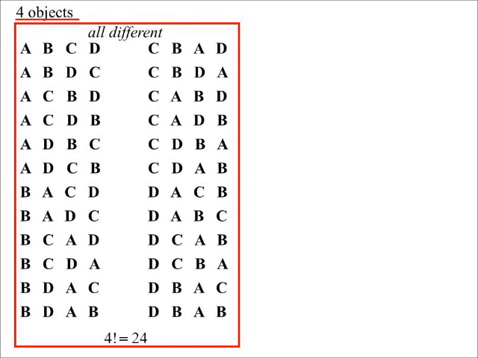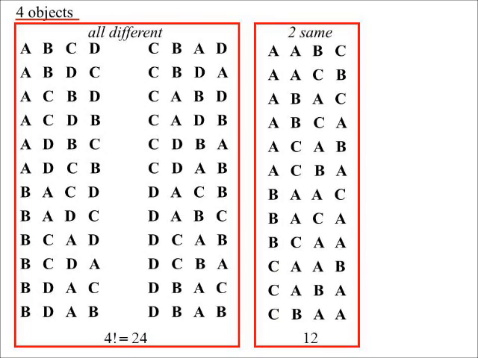When we had 2 objects, we went from 2 to 1. When we had 3 objects, we went from 6 to 3. Logically, we would expect, if I'm going for 4 objects, I would go from 24 to, yeah, it looks like we're halving it. So let's have a look. We'll make 2 of them the same. There's all our possible outcomes, and sure enough, it's 12. Now, if 3 are the same,